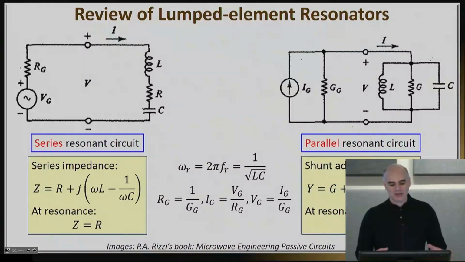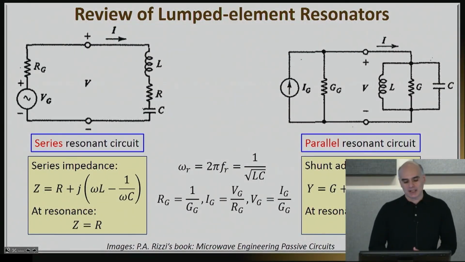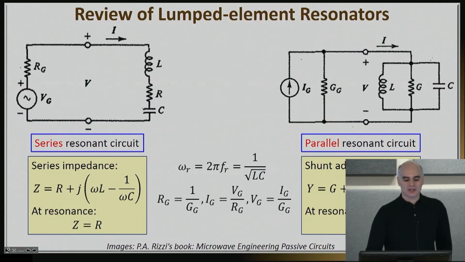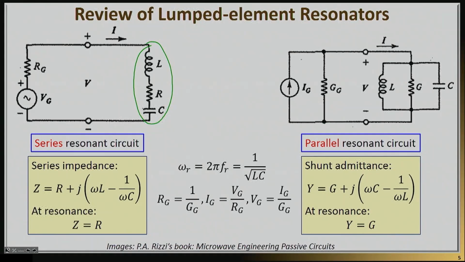So in order to remind you a little bit of lumped elements, I want to start essentially by reminding you of lumped element resonators. I know you have seen them from your undergraduate days or perhaps in different courses, that there are essentially two main second-order resonators that people have studied a lot. It's either the series one or the shunt one. And both of these resonators end up resonating at some frequency given by the square root of 1 by LC,